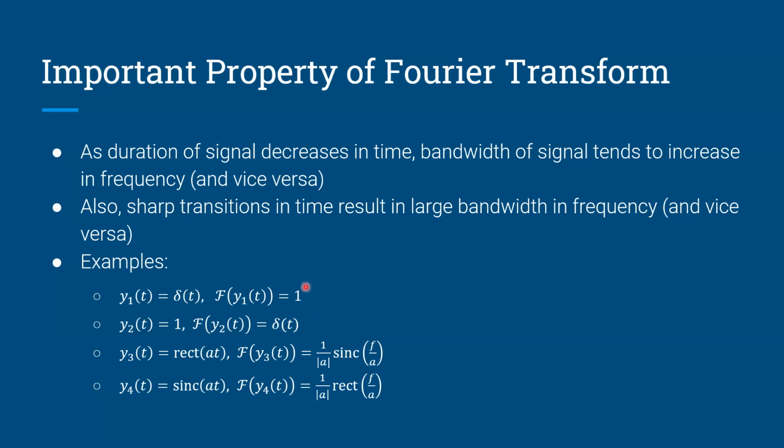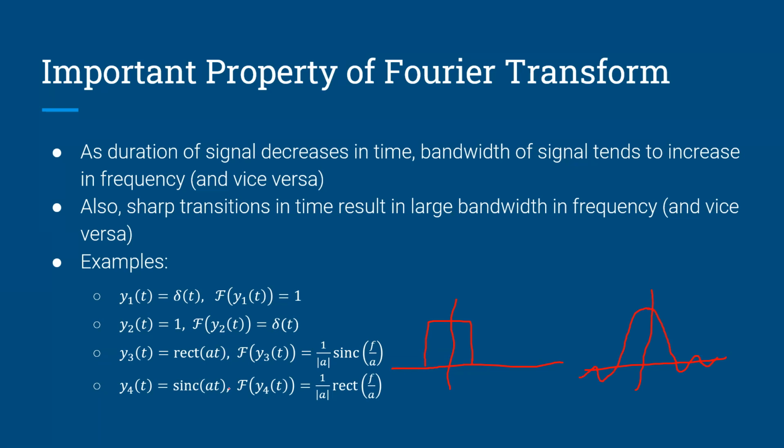And I also want to point out that if you have a sharp transition in a time domain signal, that's also going to result in a larger bandwidth in the frequency domain, and also vice versa by duality. So here I have y3, which is a rect function. So let me draw this out quickly. So here, I have a standard rect function. So that'd be y2, and then in the frequency domain, I'd have some sinc function,